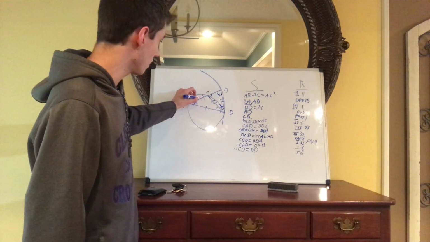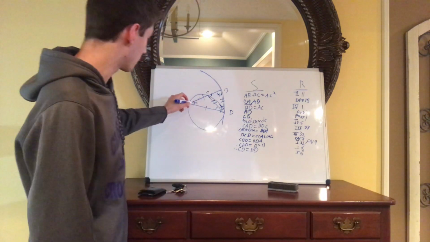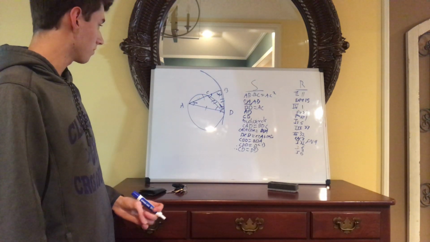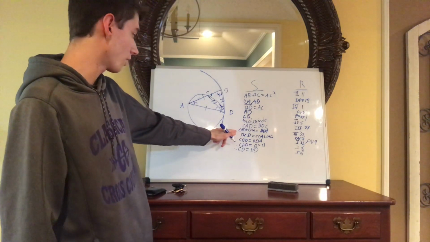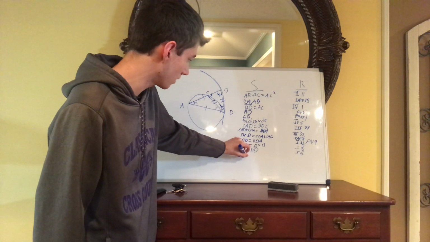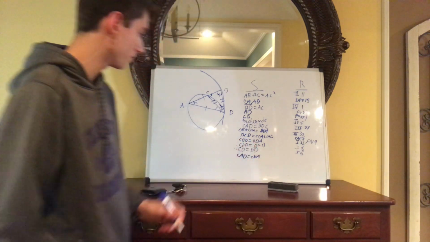And so that means that these lines are all equal, which means that this angle and this angle are also equal. And because of that, we can say, due to our earlier thing, if CAD is equal to CDA, then